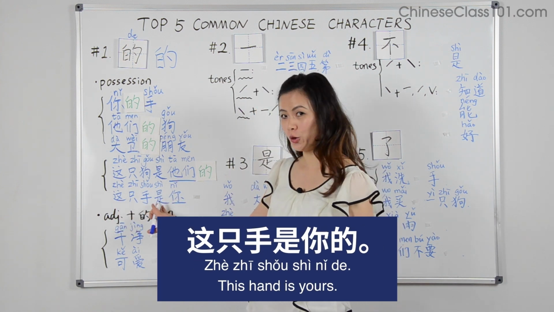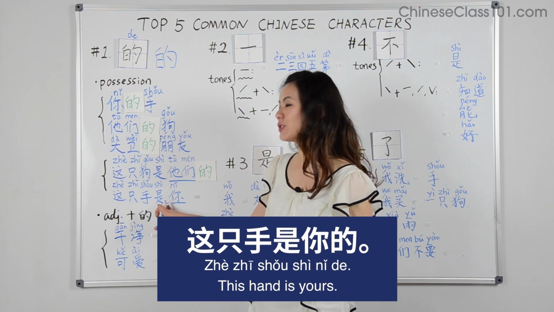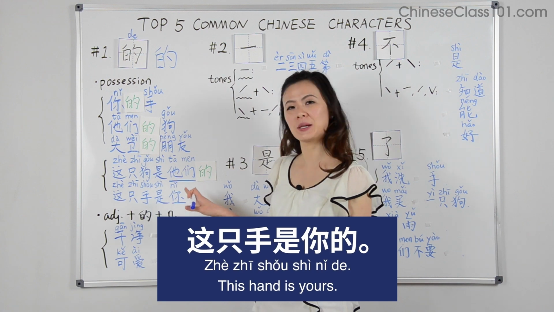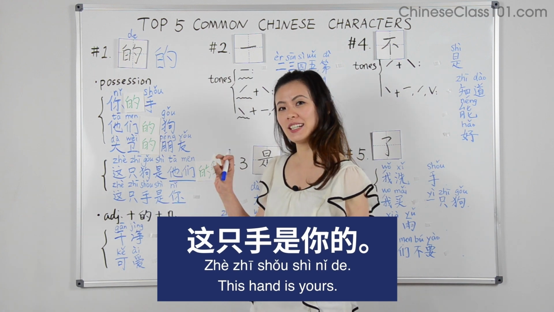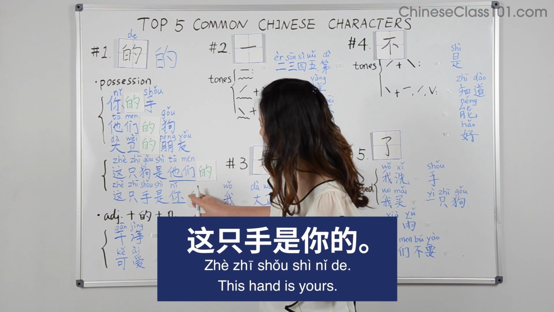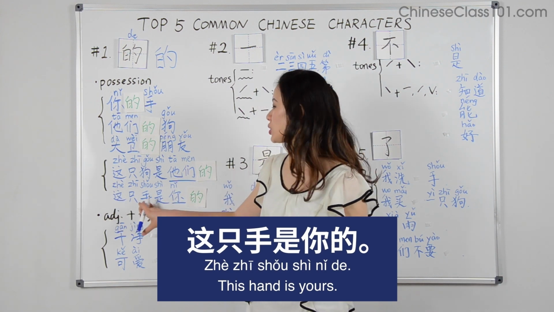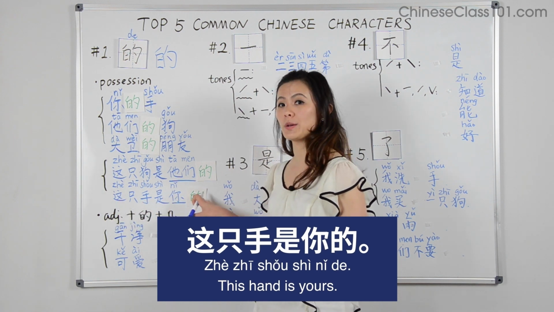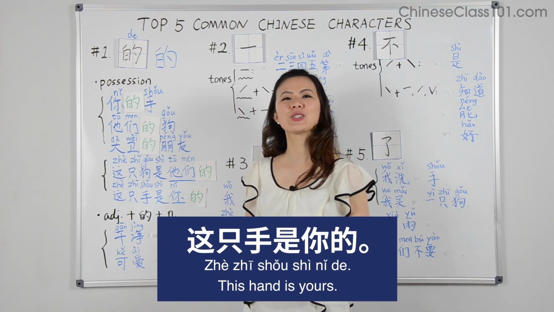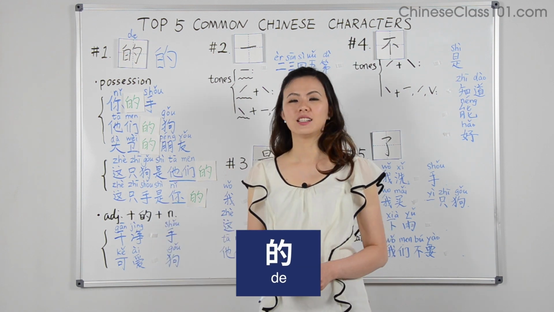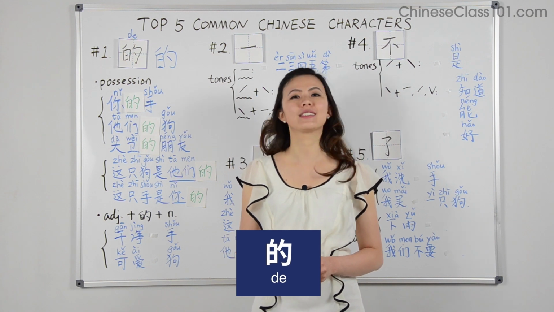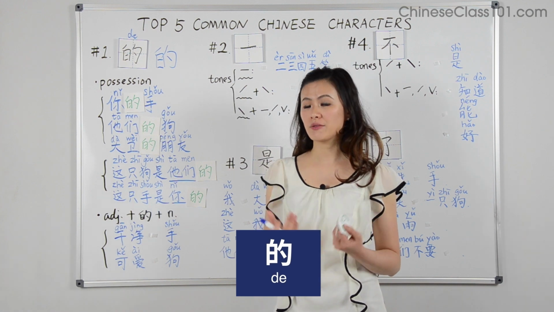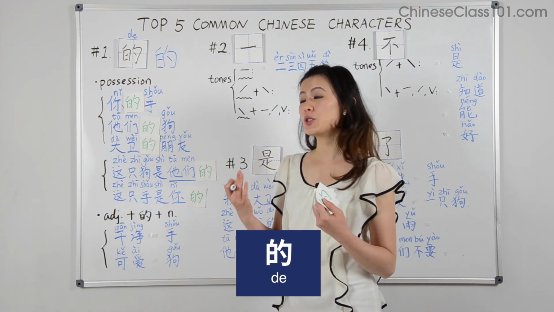And next sentence. 这只手 this hand 是 is 你 you. This hand is you. Doesn't make much sense. So how about we put a 的 after 你? It becomes 这只手是你的。This hand is yours. 这只手是你的。